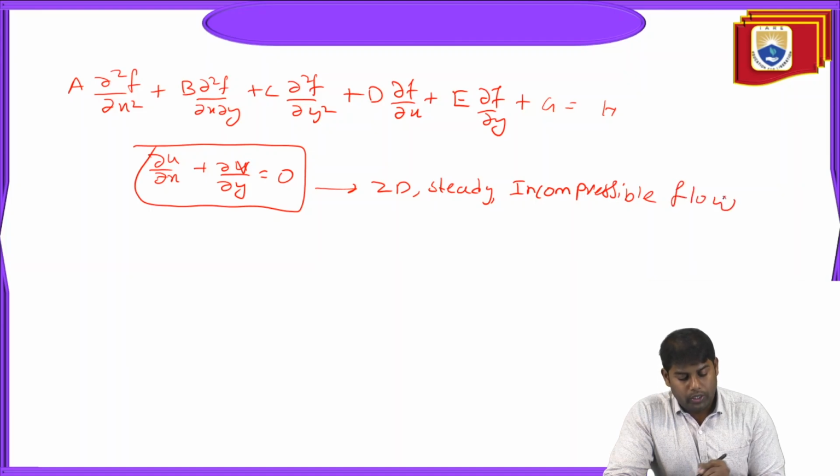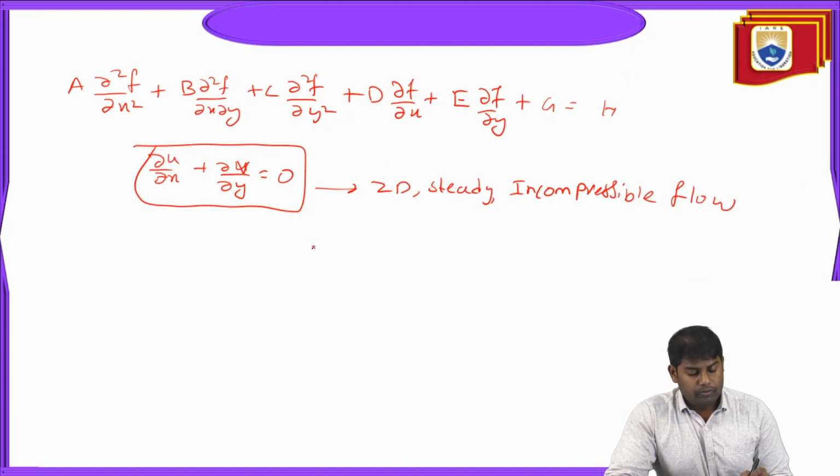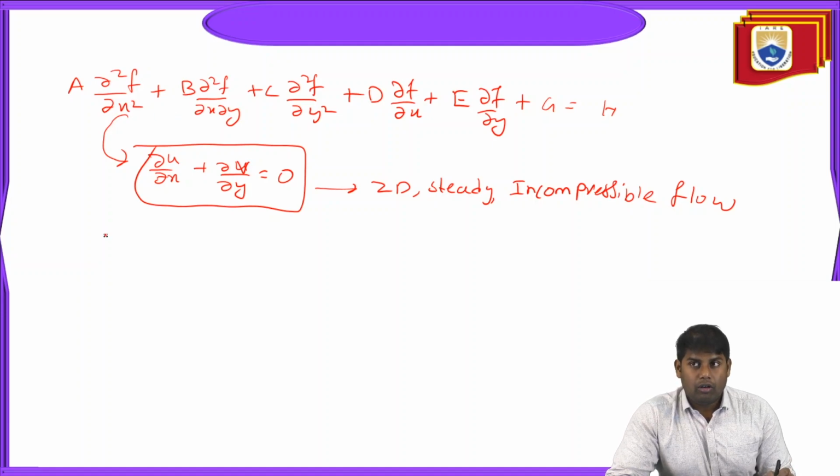Okay, so 2D steady incompressible flow. So what happens actually, you can see that when we write a generalized second order partial differential equation, we can deduce that to our governing equation actually. Now we will see how these partial differential equations are categorized. What we do is take a discriminant form of this equation. So I think you know discriminant D, which is equal to